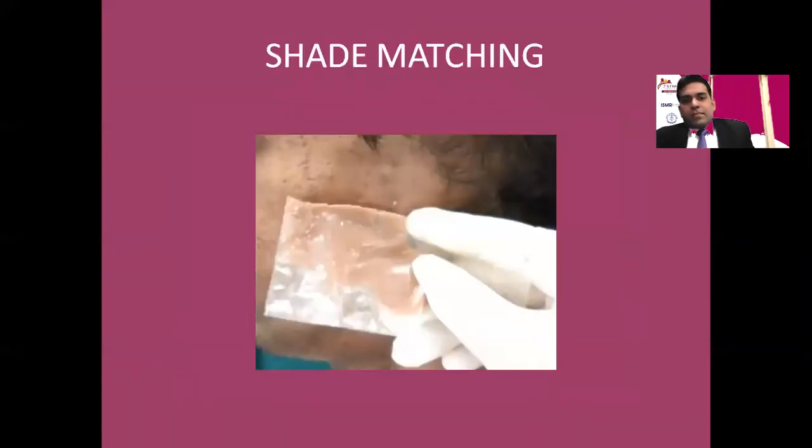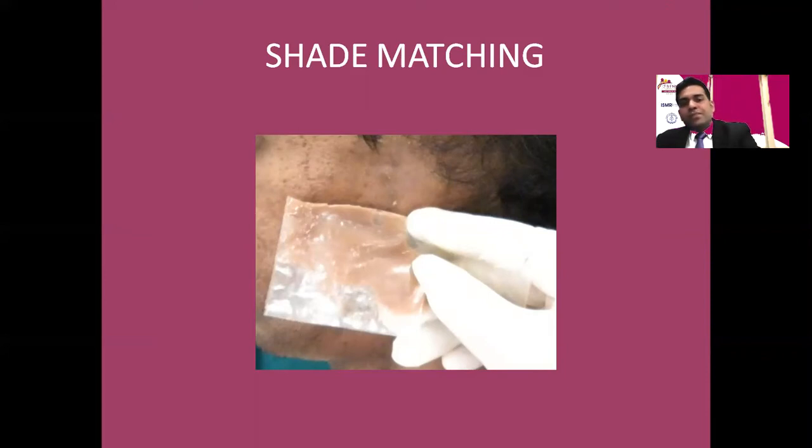And you have to match the shade with the patient's skin or the area where you are going to place the prosthesis. So what we can do, you can place the mixed silicone material in a polythene sheet, and then you can compare it in the area of your interest or where the prosthesis is going to be placed.